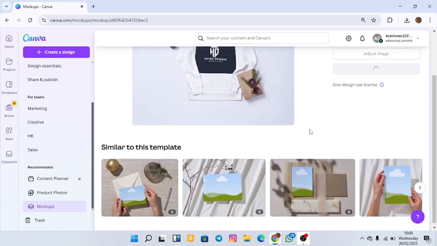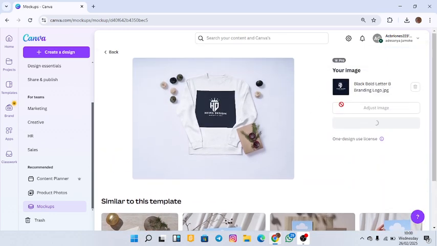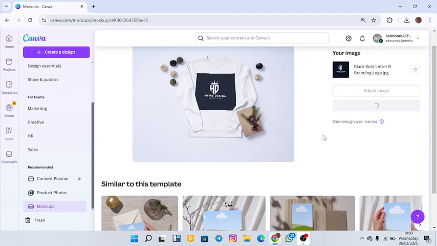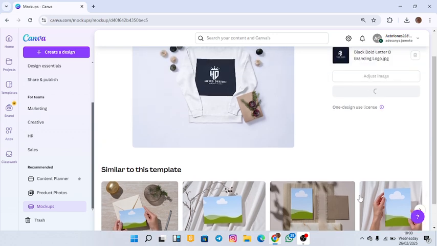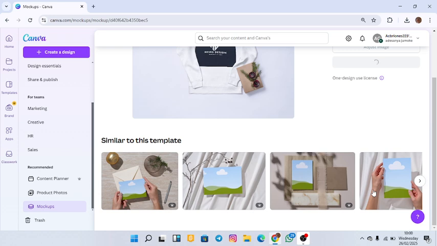Thank you so much for watching this video. You can play around with anything, so don't mind this particular design. I just want to use this to show you how to do mockup. So you can always play around with it. You can play around with a notebook, a card, as long as it is what